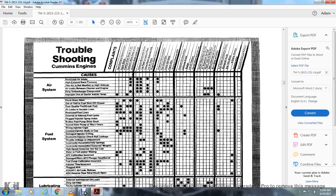Cummins engine troubles. Air system: restricted air intake, high exhaust back pressure, hot weather and high altitude, air leaks between the cleaner and engine, dirty turbocharger compressor, improper use of starting aid temperatures. Fuel system: clogged drain valve, out of fuel, shutoff valve closed, poor quality fuel, wrong grade of fuel, air leaks in suction lines, restricted fuel lines, external and internal fuel leaks, plunger injector spray hose, fuel pump drive shaft,